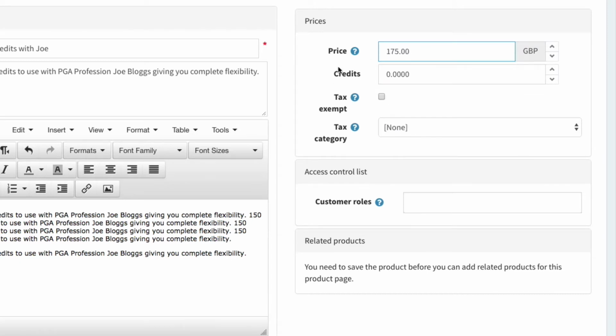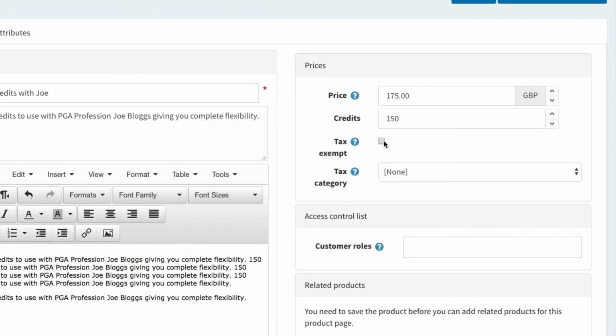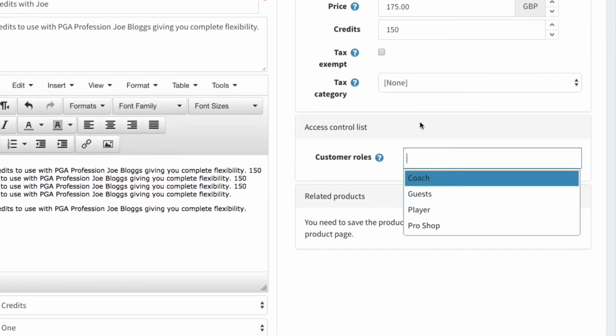£175. So we add the price, and then we're going to add the credit amount. So the credits are 150. So we're selling these 150 credits for £175. But the customer will receive 150 credits into their account. And then we now need to decide whether we're adding VAT, which we're not on this one, so we're going to leave the checkbox blank, leave the tax category, and then we just need to decide on the customer role,